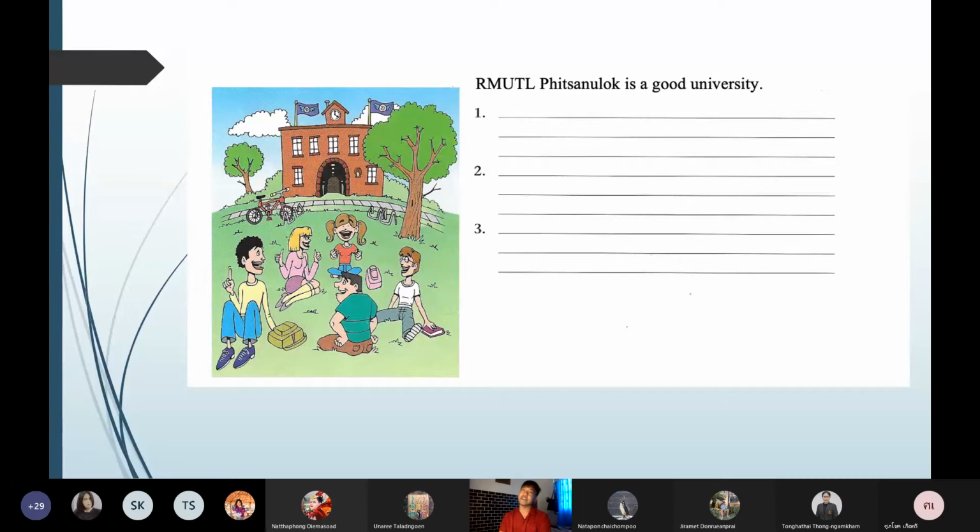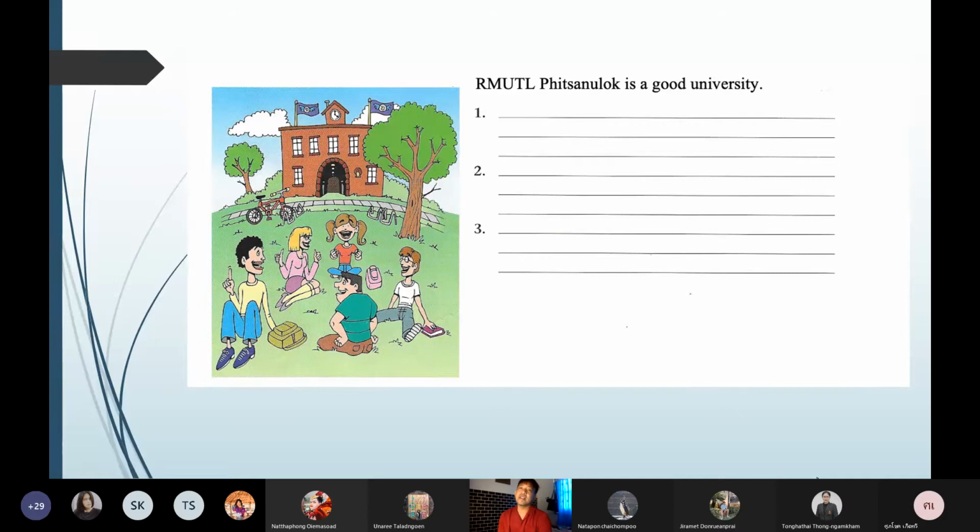Or let me just give you a much simpler idea, like it has many trees, right? To give off clean oxygen or clean air. So clean environment, right? You could say it has a lot of trees surrounding the university. Actually, the ideas that you said, the woman and Mr. Natapong and the other speaker a while ago, could be used. But now I'm giving you a much simpler one so that everybody can understand more.